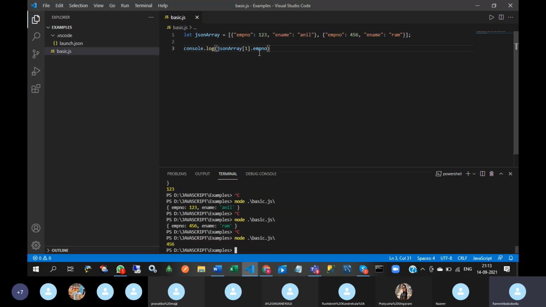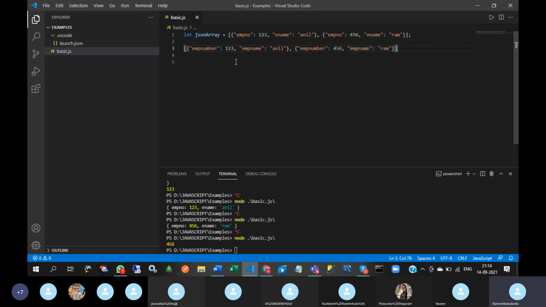So employee number. Okay. So here in real time, what type of scenarios you will face? Suppose this is a JSON object. On the API side, you will get a requirement like this: employee number should become EMP name, employee number, EMP name.